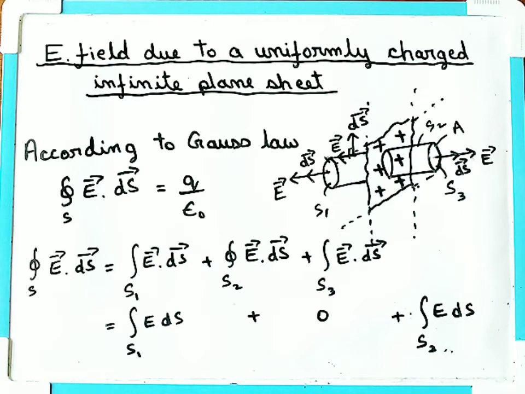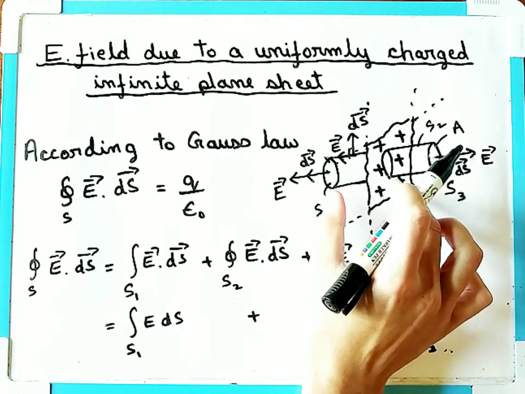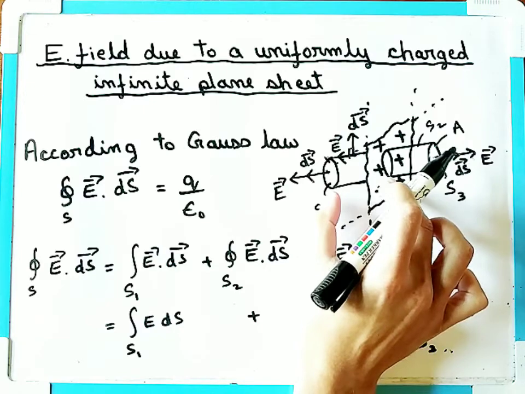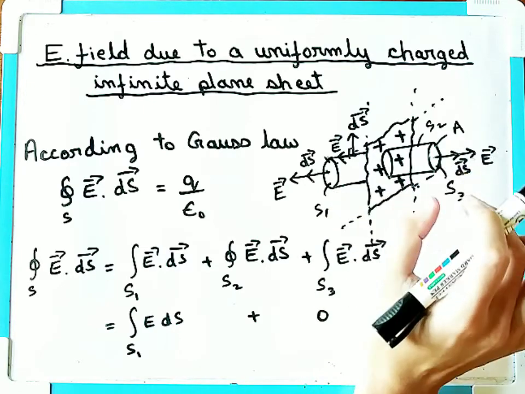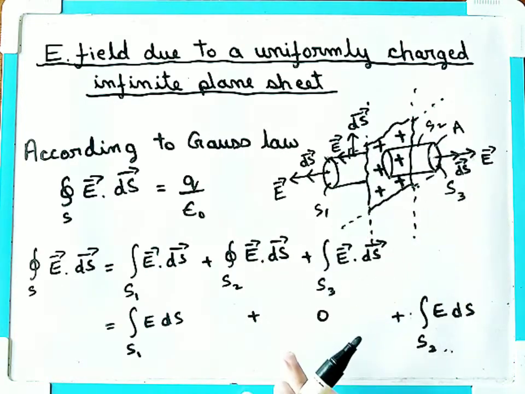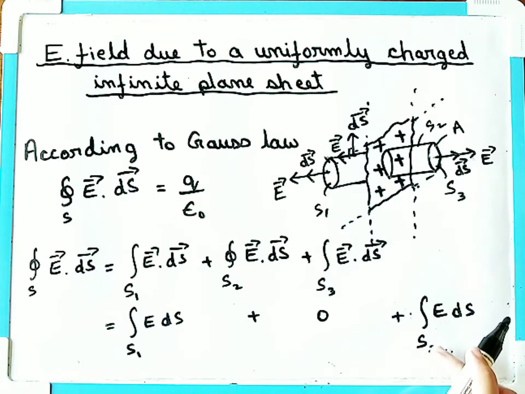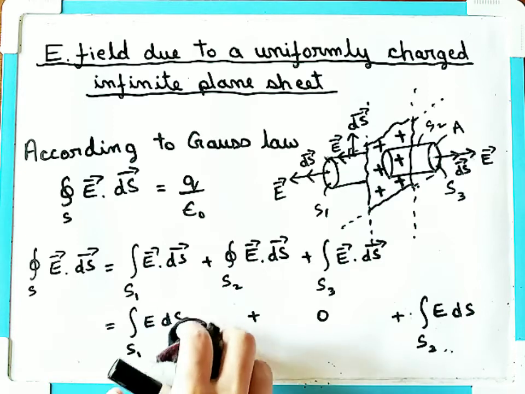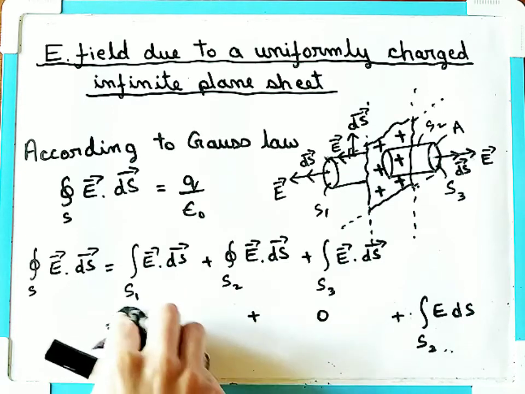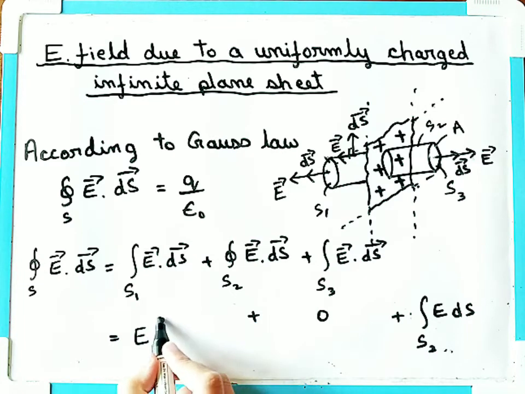Now this E is constant on the surface. The distance is the same from this surface to this surface, and this surface to this surface. So the electric field on this surface and on this surface is the same. So this one is constant on S1 and constant on S3. So what you have to do is take it outside of the integration. After taking it outside of the integration, we have E times the integration,